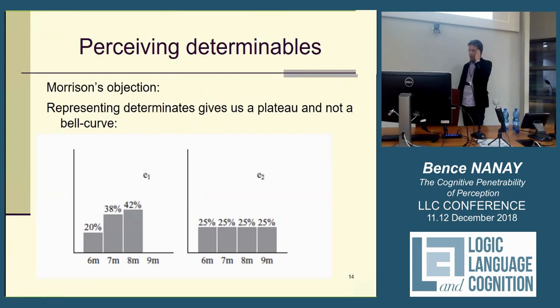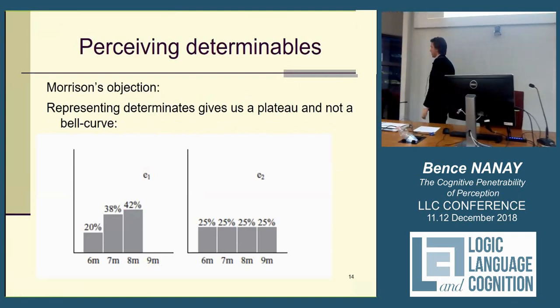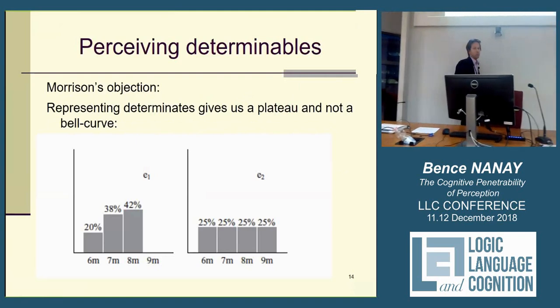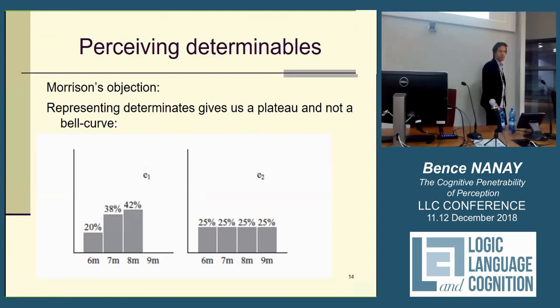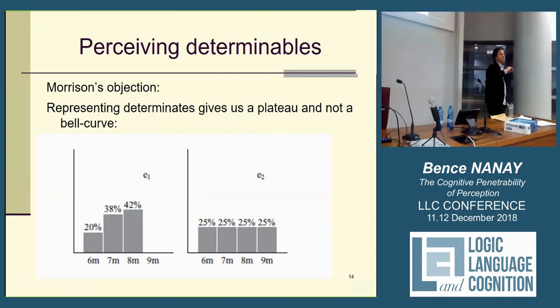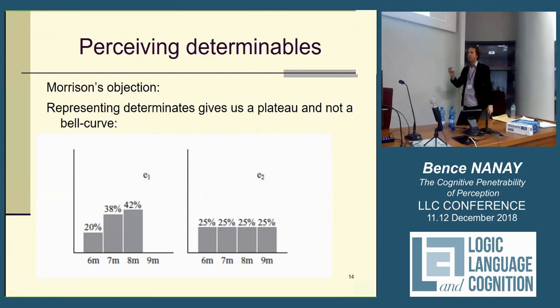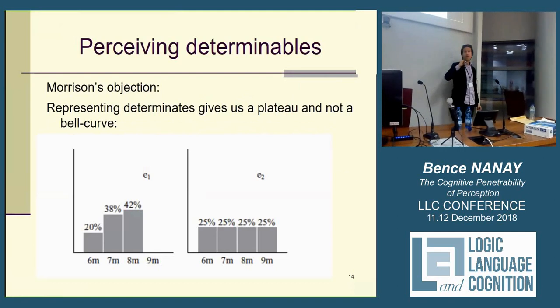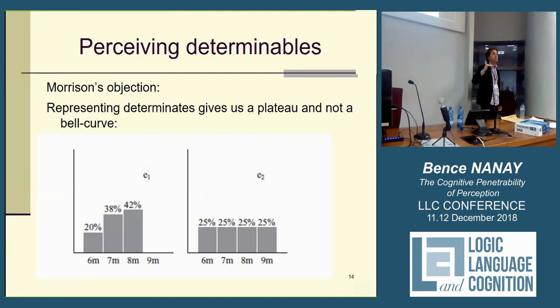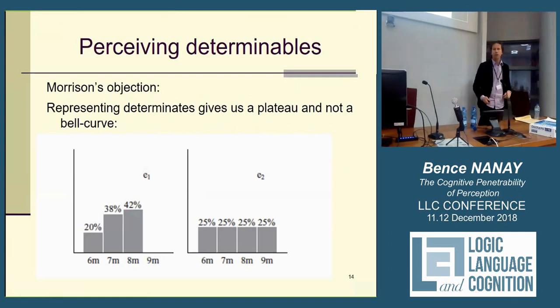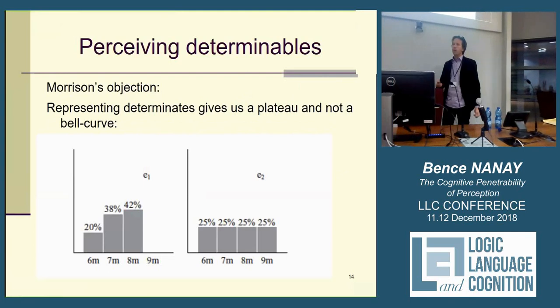All right, so here's a potential objection to this account, and that's something I get mainly from corresponding with John Morrison, but it's also a little bit in his paper. What he's saying is this: representing determinables is going to give us a plateau of the determinate properties, and not a bell curve like it should. So I think that's not right. Here is the